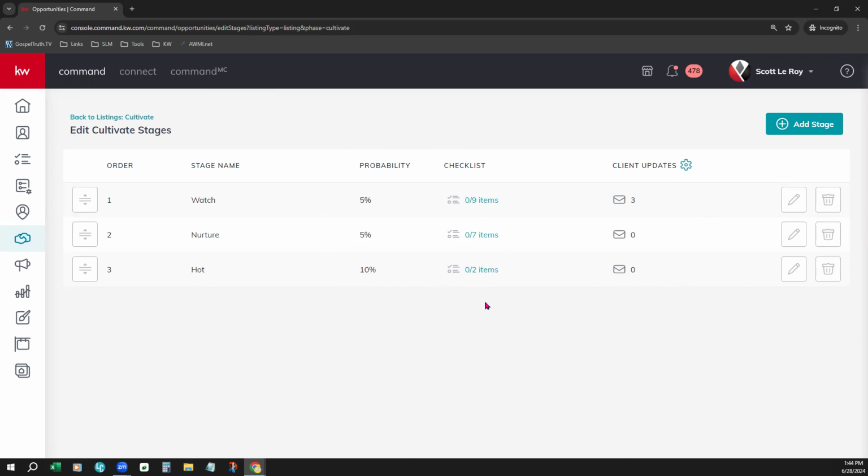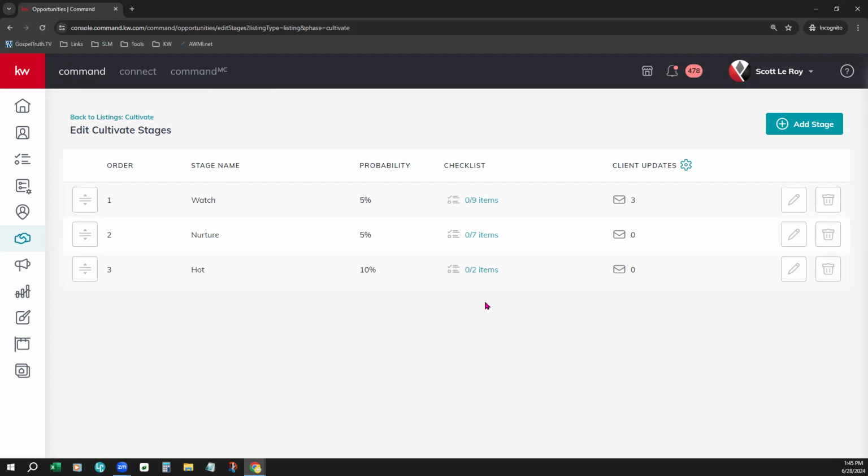The ones that are your templates that apply to every opportunity. Now, if you come in here and make a change, it will only affect opportunities moving forward. It will not backdate and change any existing opportunity that you already have. If you need to make changes to the existing opportunities, you would do just like I showed you just then. When you are working on that opportunity, you would simply choose the checklist and you can add things then or